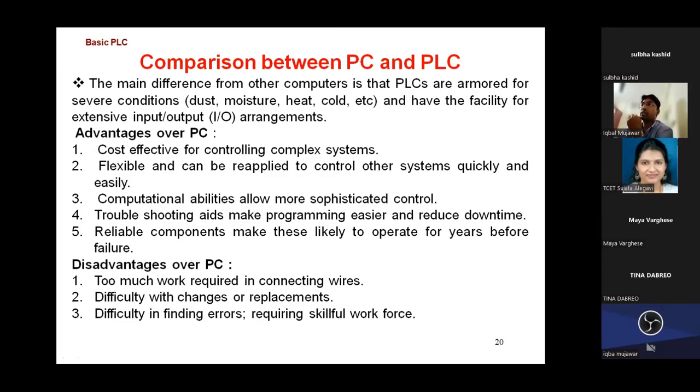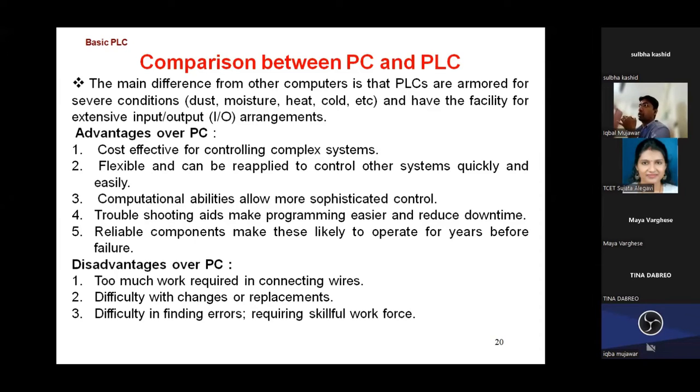What are the advantages here? It is cost effective. If I purchase a PC for 50,000 to execute a device of 10,000, it is very costly. That is not necessary, because the same thing I can do with a PC also. Nowadays lots of interconnections are possible. I can connect various devices to my PC, as we do with Arduino and Raspberry Pi. But it is not cost effective. Why waste that much cost unnecessarily? Because a PLC I can get for 3,000 to 5,000 rupees, a small compact PLC.